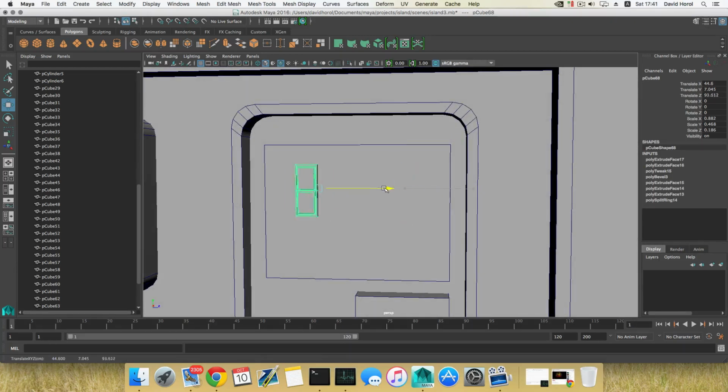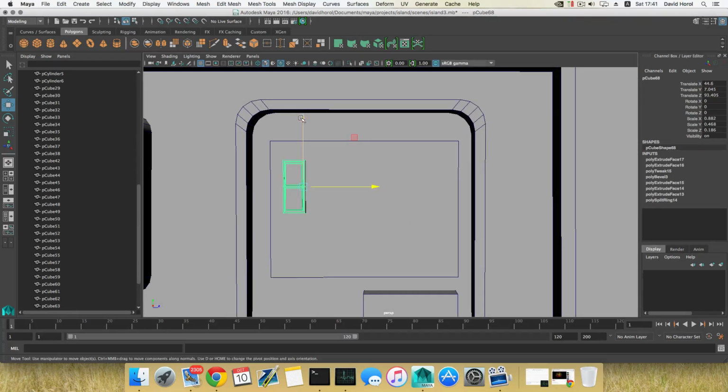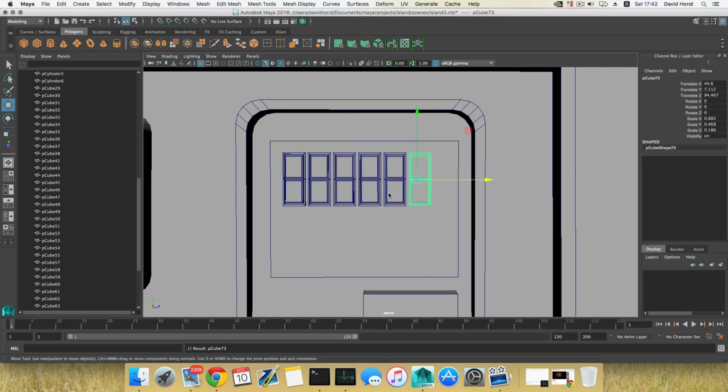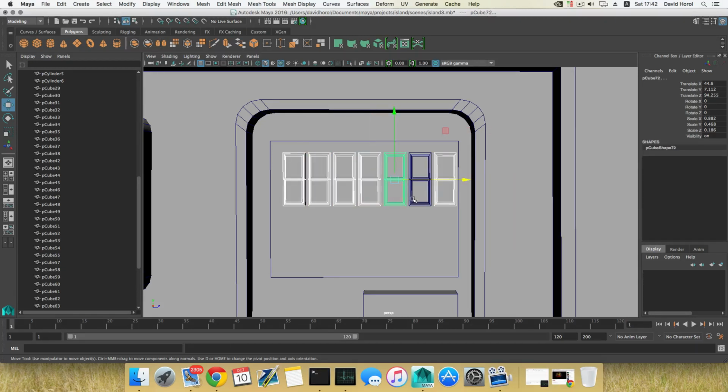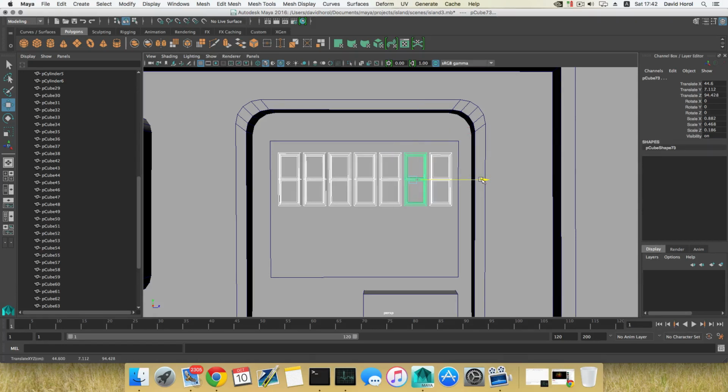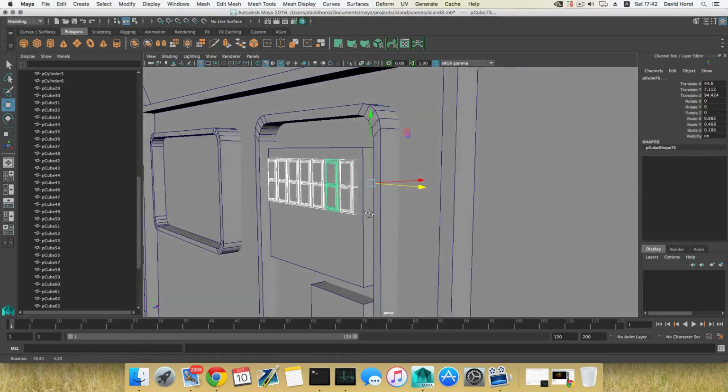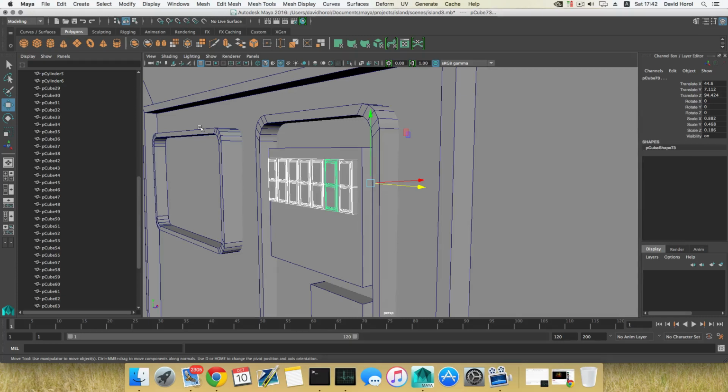So we have this one here. Control D to duplicate this, a fair distance from each other, and then Shift D to duplicate them like so. I'm gonna grab all of them and center them inside this panel there. Okay, now we can go and create